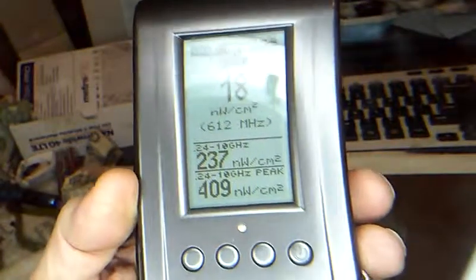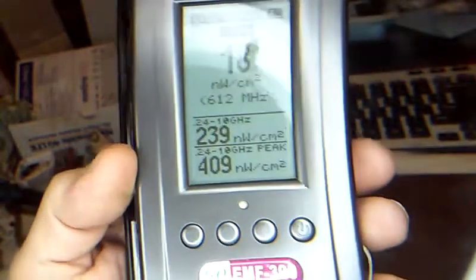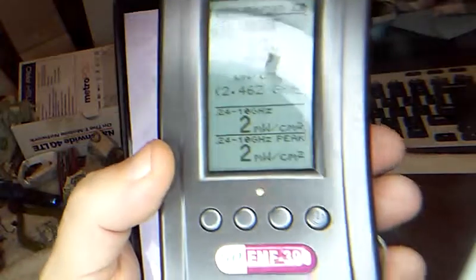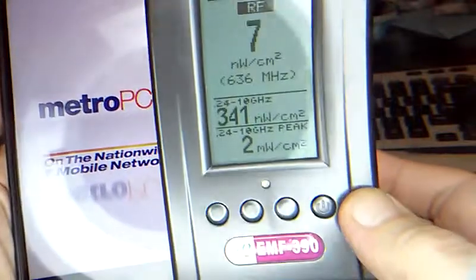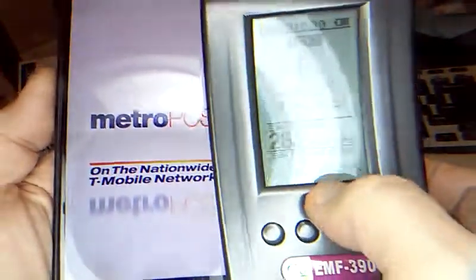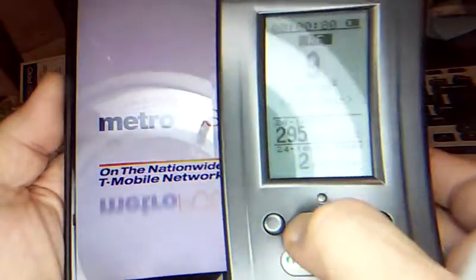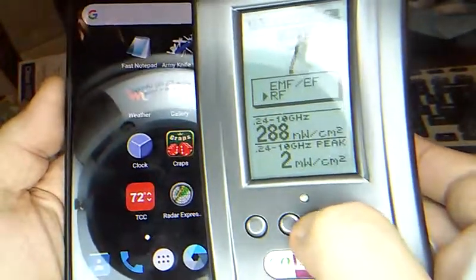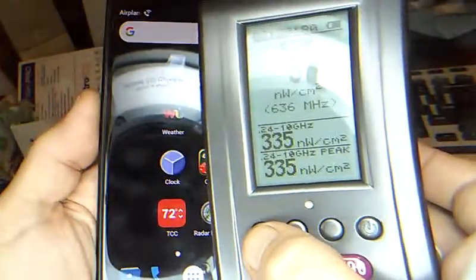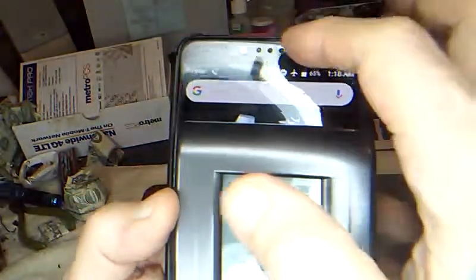Watch, it might do a little bit, but it's in airplane mode. So if it's not lying, see, it tried to connect to a cell tower briefly. And that's a pretty freaking high reading there, 2 milliwatts per centimeter squared, in the range that Ron's talking about. I lost the reading. Darn it. So that cleared the peak, but now watch when you turn airplane mode off